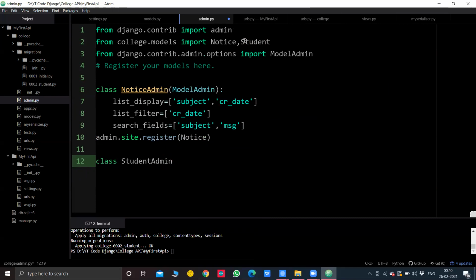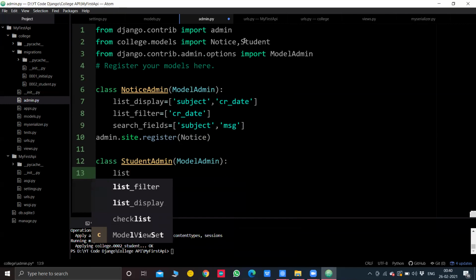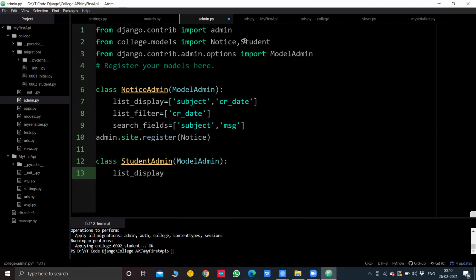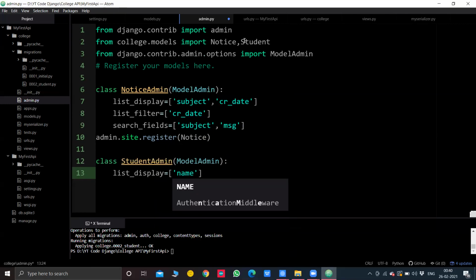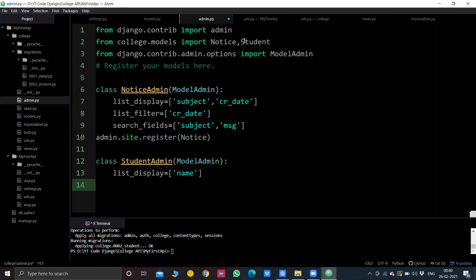Again mention ModelAdmin inside brackets, and we'll again do list_display equal to just name. We'll display it by name, and search_fields equal to both name and address.